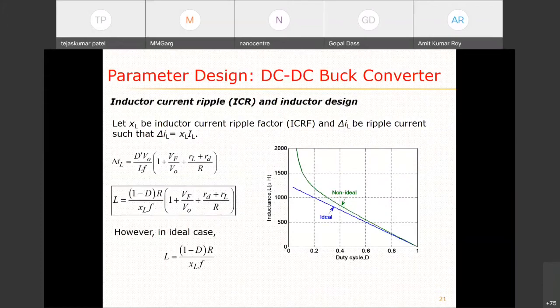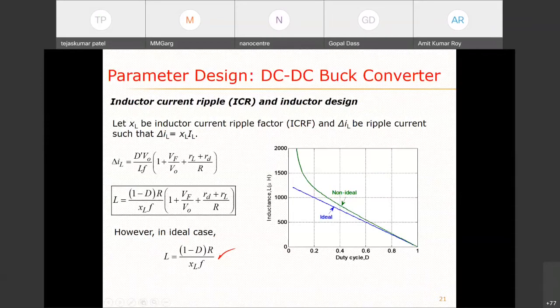for a little more time. It means the duty cycle should be a little more. And this characteristic shows the same thing, that for different levels of output voltage, the duty cycle in the non-ideal case should be slightly more, right? It should be slightly more. Okay, and if input voltage and load resistance are varying, then it further varies. So this is explained with this characteristic.